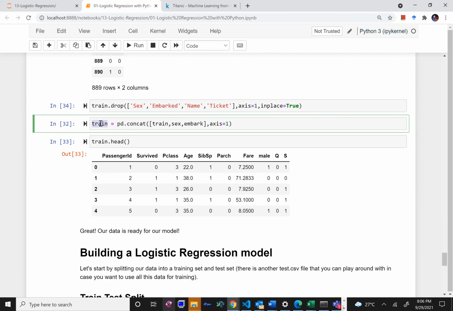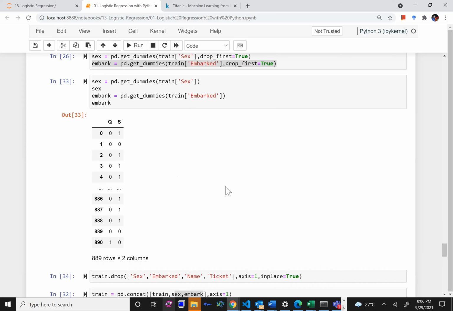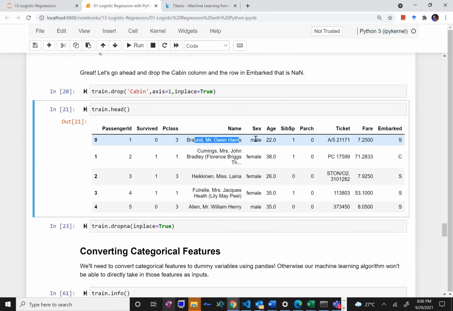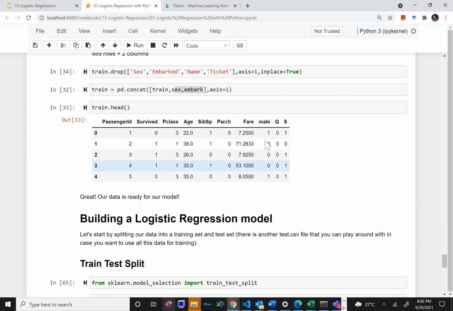Now in the same data set, I will concatenate into this previous data frame the sex column and the embark column. These are the new columns which I created, right? If I now see the head of my data set, it looks like this. Previously my data looked like this. It had lots of names, mail, and ticket numbers. Now I have converted my whole data set into integers or floating point numbers. All columns are numbers. My processor can make very good use of numbers, can make sense out of numbers, not English words.